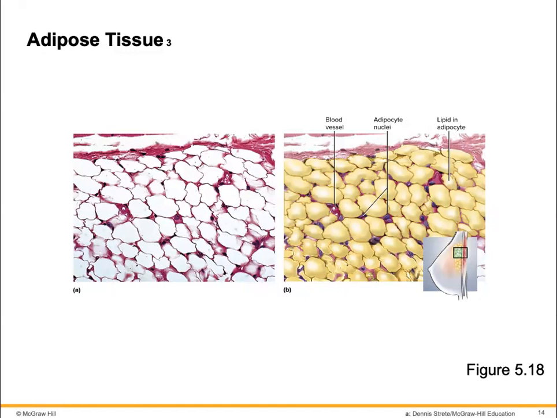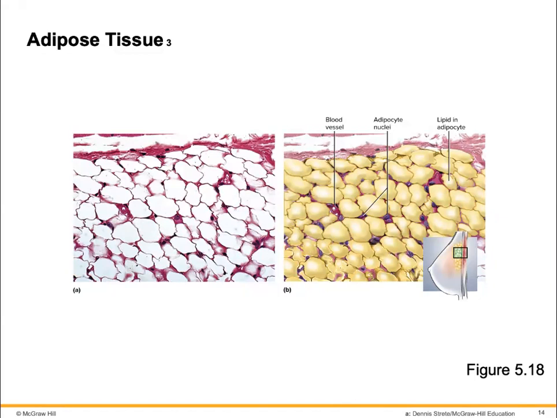Now, brown fat is only found in fetuses, infants, and children, and its color is coming from the fact that the blood vessels are highly concentrated in these areas, and normally brown fat has a heat generating ability to it that helps with developing individuals. So adipose tissue, lots of functions to it. The extracellular material is fat. The adipocytes are the cells that are secreting the adipose or the fat, and it's used for storage, heat, and